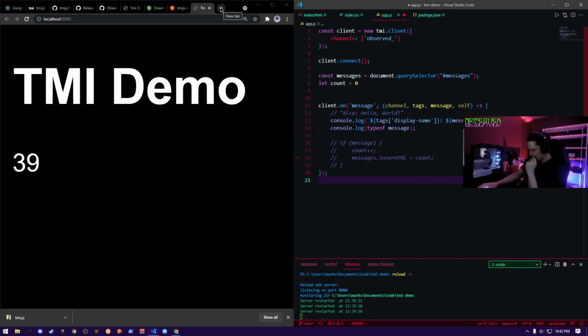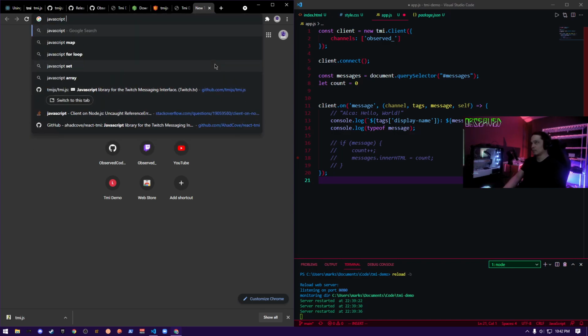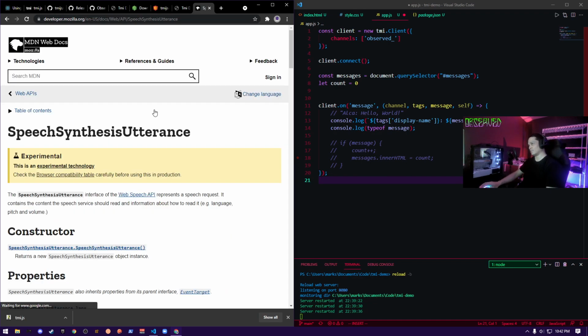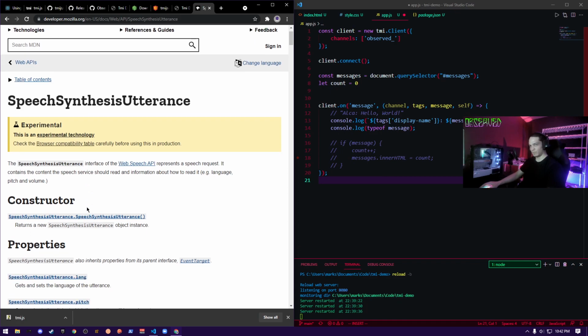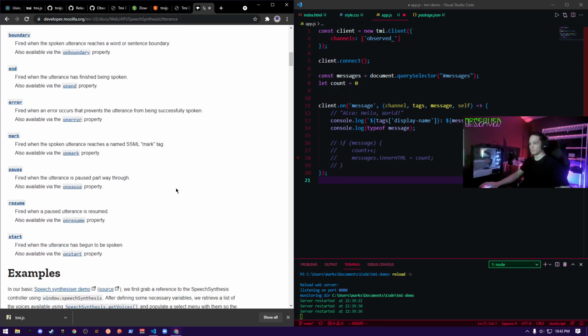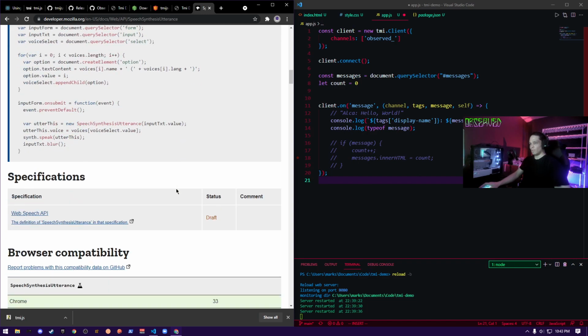So let's see. It's called utterance, speech synthesis. So this is mainly used for accessibility. You know, when you accidentally click a button in the menu of a game and it just starts talking to you, every single button you could push. I think that's what this is supposed to be for, but we're going to use it for something else.